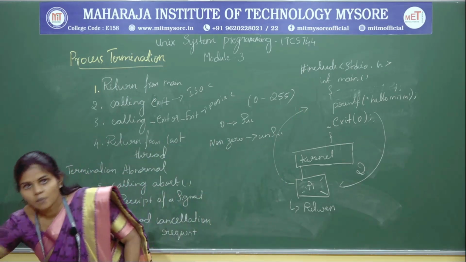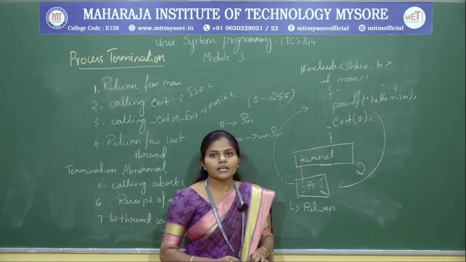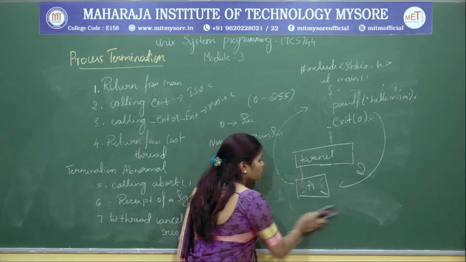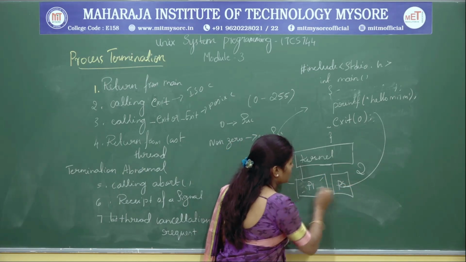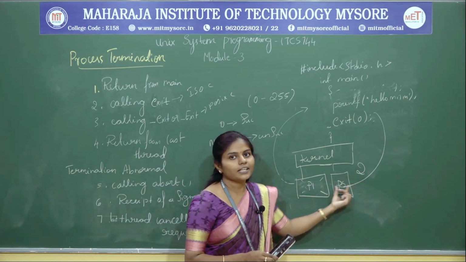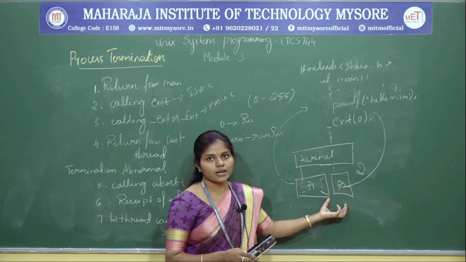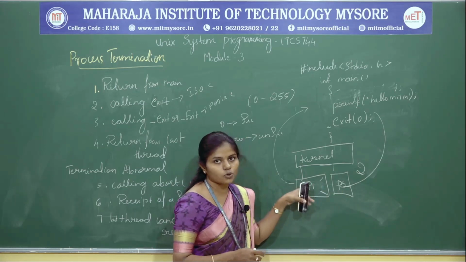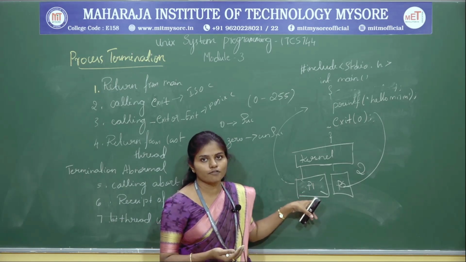Now suppose, for example, there is a large program. In that case one process is not enough. So what the kernel is going to do is create as many processes as you want. That is called multi-process. So multi-process is nothing but the execution of the program by more than one process, right? Suppose this P1 is a parent, and you can create as many children as you want by using the fork command.